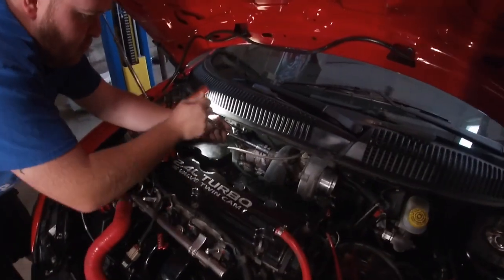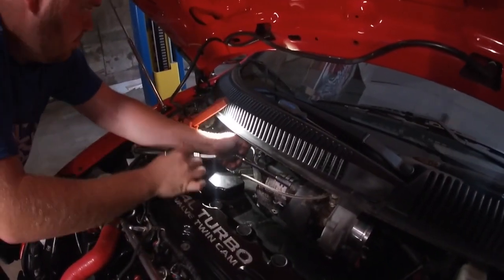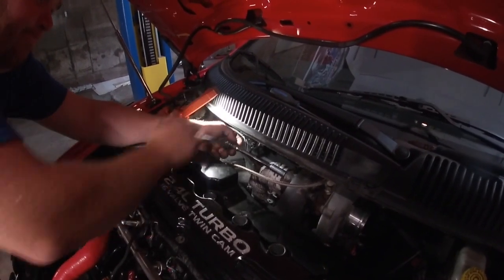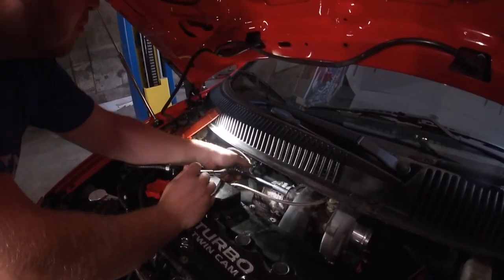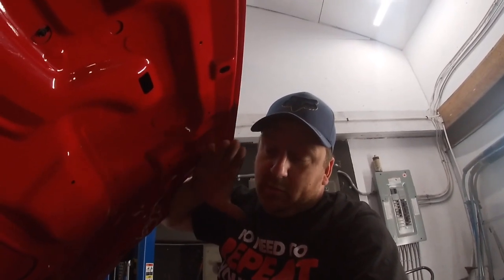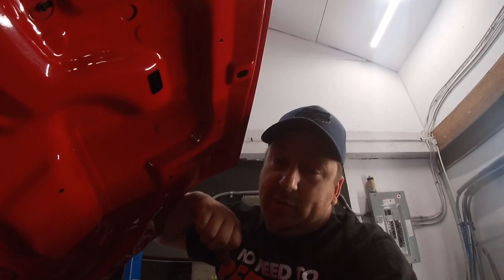So here's where we got to be concerned of a few things. If you're familiar with SRTs, this is a Chong Boy Special, I'm going to call it, because the manifold's not what it should be. The O2 looks different compared to the downpipes on mine, and your wastegate is actually under the turbo. So what does that mean for us? It probably won't all bolt in, I'm hoping it does, because I only quoted him a price of the turbo. If I gotta start changing the manifold and the screamer pipe and the wastegate and stuff,